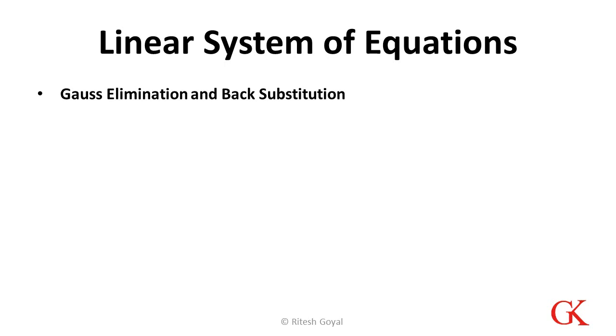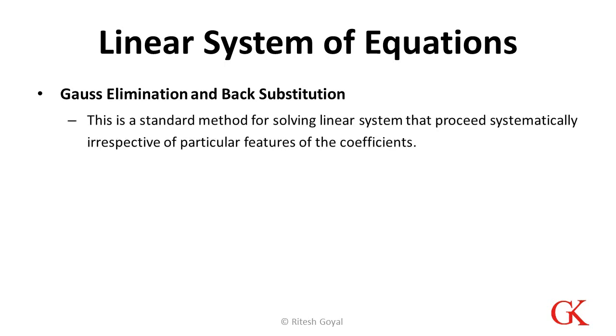Now we want to solve the linear system of equations. There is a method called Gauss elimination and back substitution to solve linear systems of equations. This is a standard method for solving linear systems that proceeds systematically irrespective of particular features of the coefficients. So here we don't care whether there is some nice inherent property in the system which can make it easy to solve, but we follow a standard set of rules which can be applied to any linear system of equations to